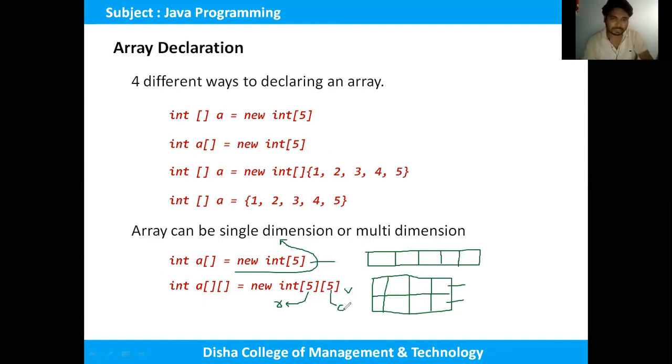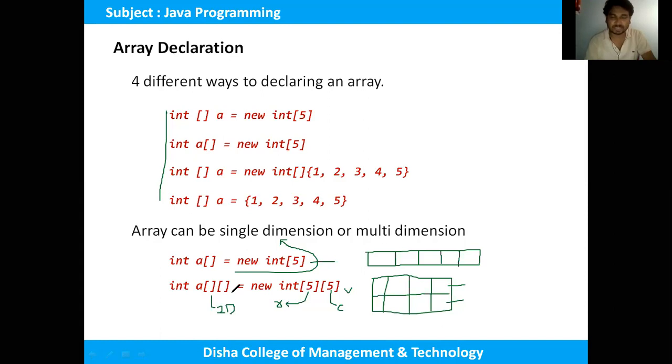Otherwise we can define the array by using the 4 different types, both single dimension or multi-dimension. For multi-dimension we have to give 2 brackets, so that means it is a 2-dimensional array. If we are using a 3-dimensional array, then we have to use 3 brackets.